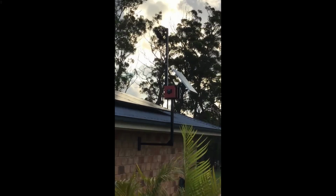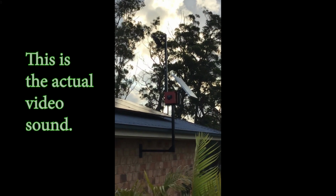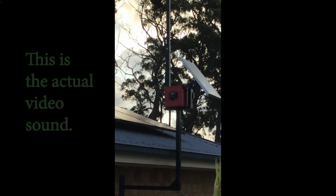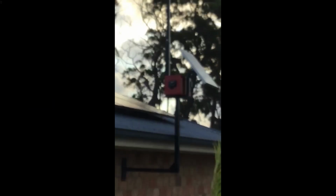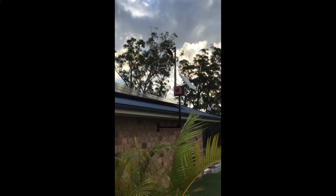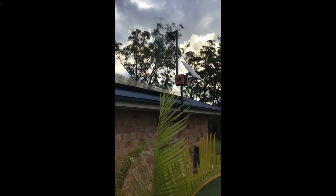I just wanted to give everybody an overview of our photon light. This is a prototype. As you can see here, there's a solar regulator. Move around the corner. There's our light itself. As you can see, there's